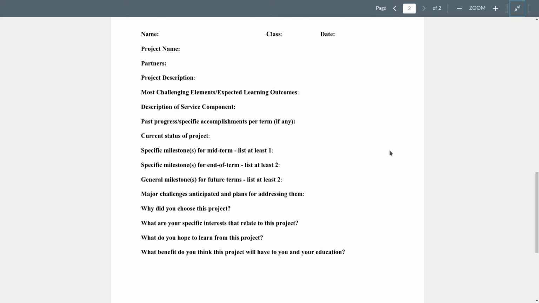This is a list of the type of information that I would like you to include at a minimum in your proposal. But your proposal is a full-on document, okay? I'm not going to grade you for grammar and sentence structure and things like that, okay? I'm interested in the content more than the style. But I want you to go into this with the mindset of, I've got this really cool idea.